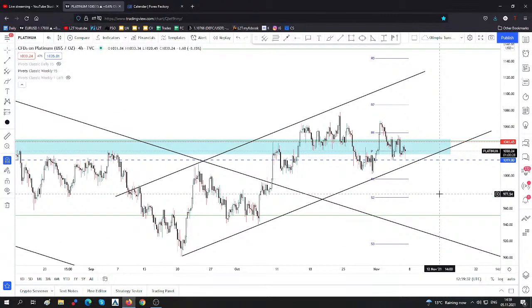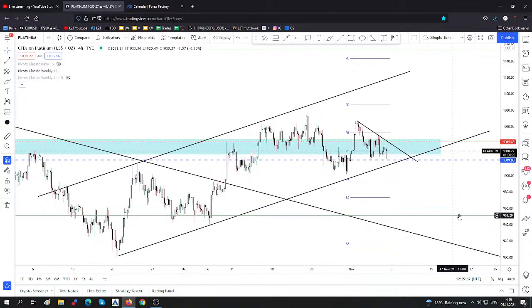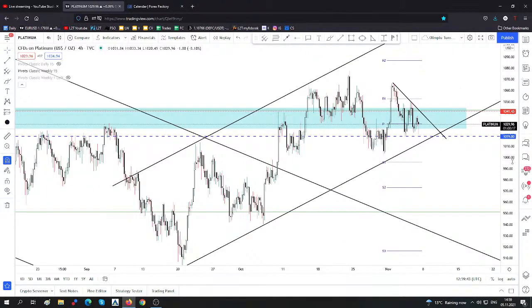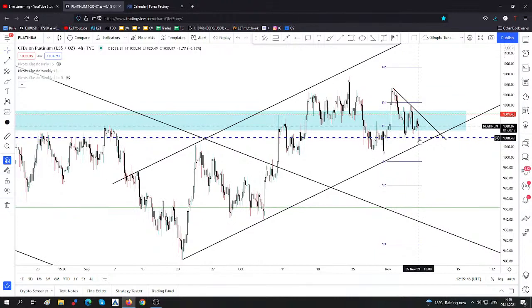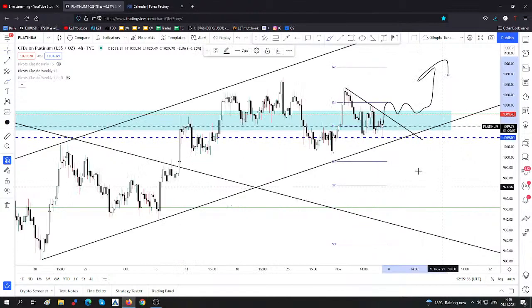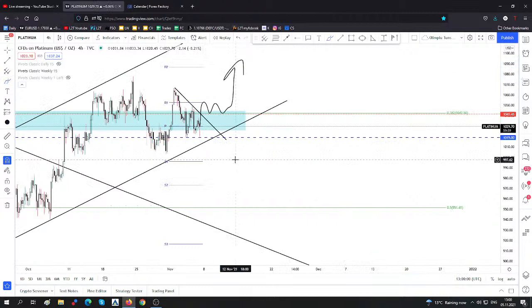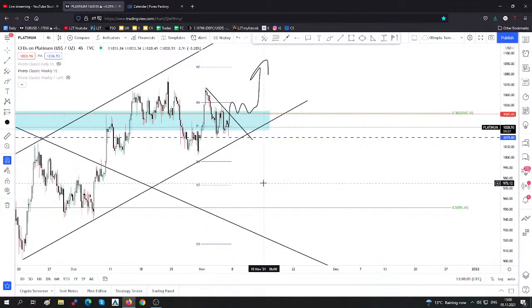And maybe, Giovanni, this is only my opinion: as long as it stays above 1019, above the uptrend line, you can see that it has failed to reach the uptrend line. Maybe an upside breakout, a new higher high, jumping, closing and stabilizing above 38.2, 1042.50 or something, could signal potential growth.